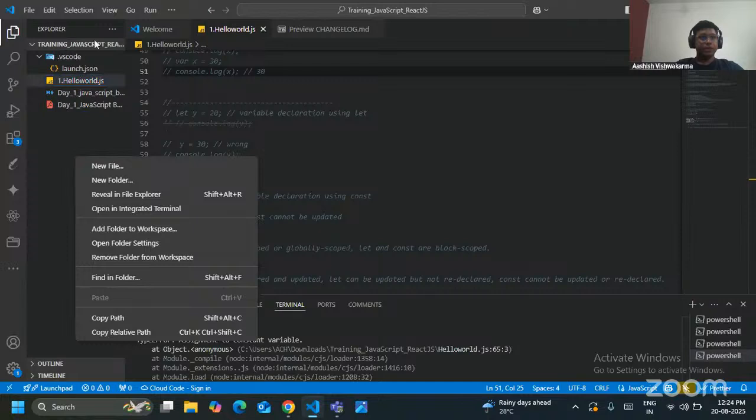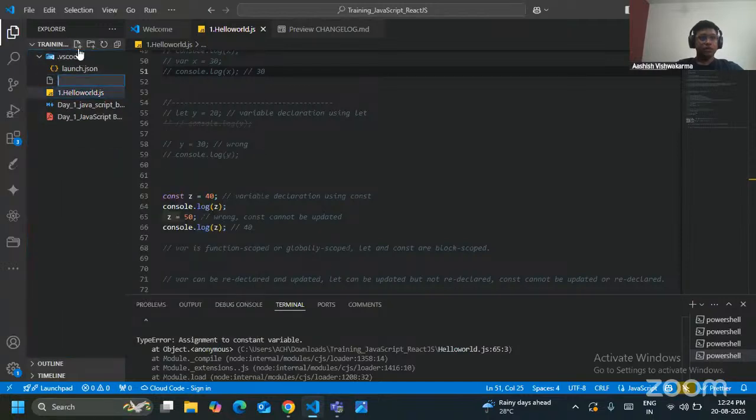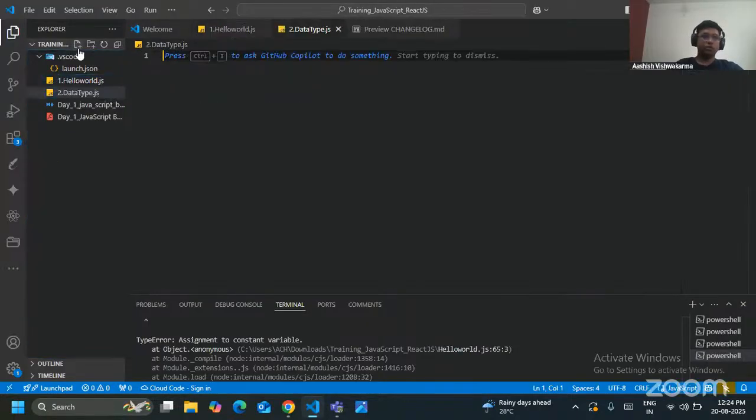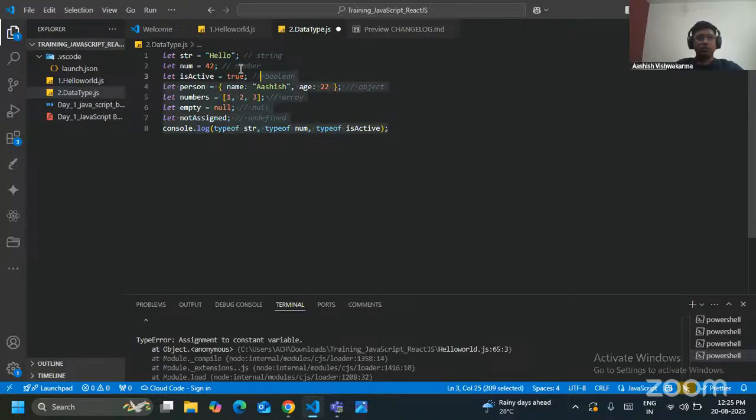We can create one more file, datatype.js. So we'll write datatype. I'll provide this hello world file and everything I'll provide you. Okay, so we're going to cover